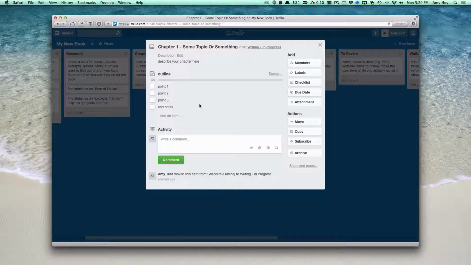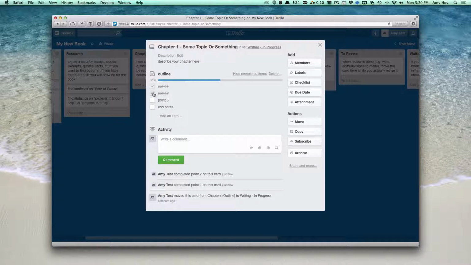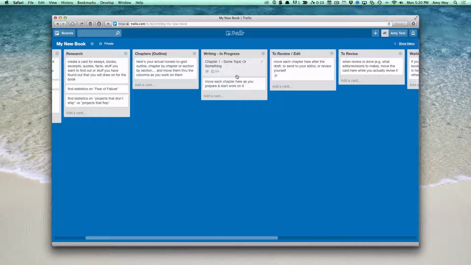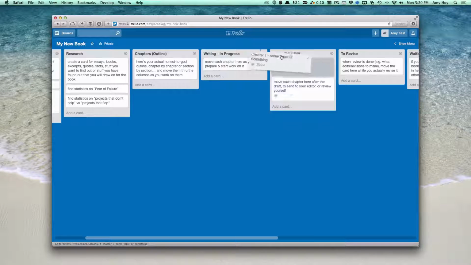It really doesn't have to be super specific for most of you. Create them as a checkbox. Then as you actually write in your other window, you can check them off. And then when you're done with that chapter, at least for the first draft, move it on over to review